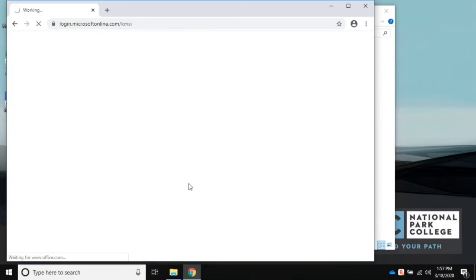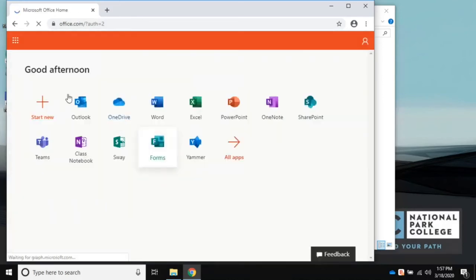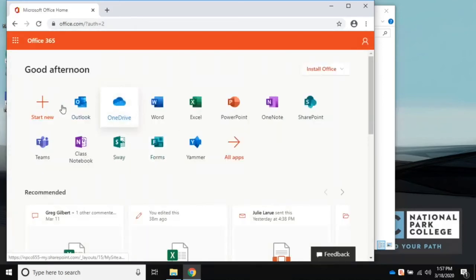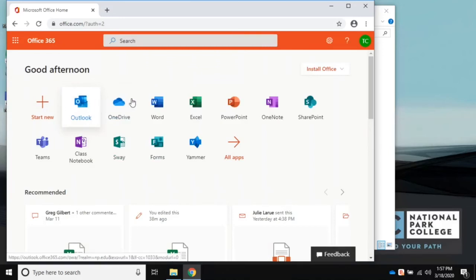And you get access to all your services, all your files, like your webmail. Your webmail's here. You can access online versions of Word, Excel, PowerPoint. Access SharePoints if you're part of any SharePoints. You can access your Microsoft Teams if you're part of any Teams here on campus. For the sake of this tutorial, we're going to go to OneDrive,